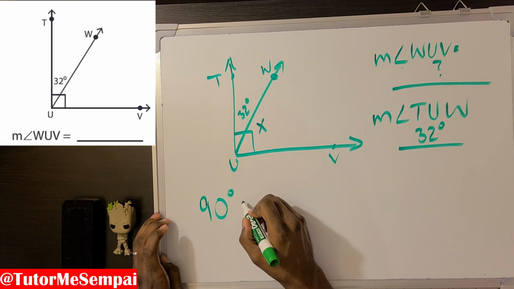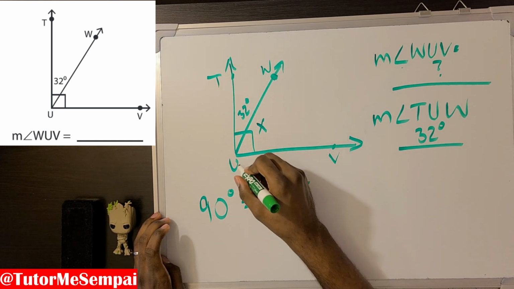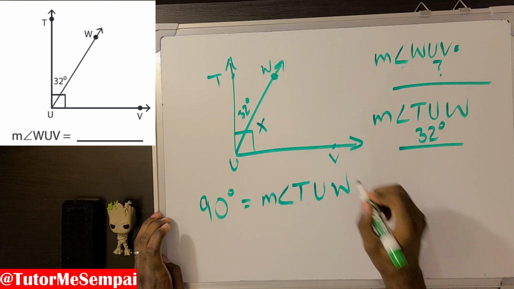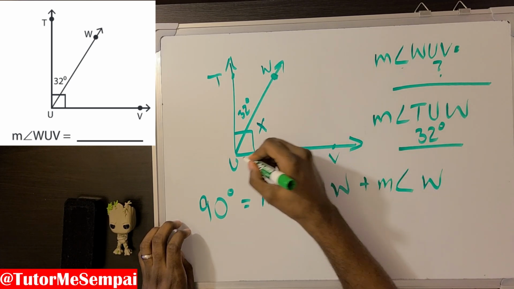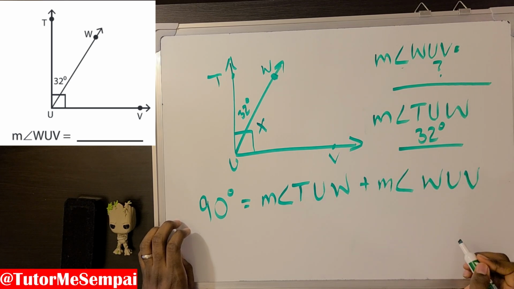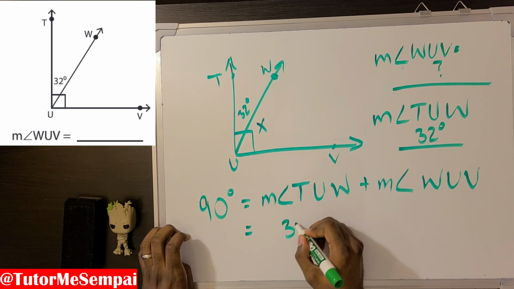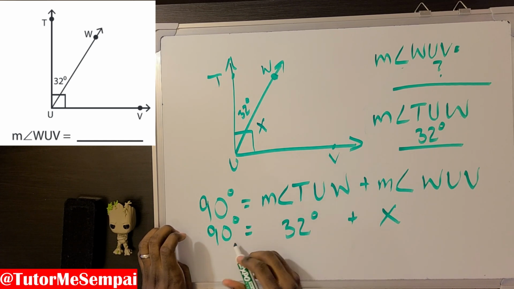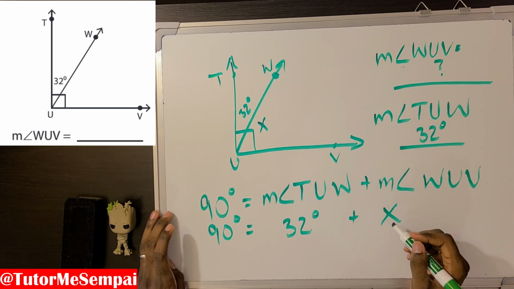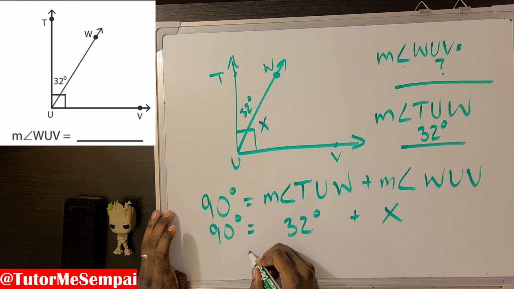90 degrees equals the measure of angle TUW plus the measure of angle WUV. Now we know what TUW is, so we're going to write 32 here, but we don't know what this is. We put an X here, so we'll just put an X here as well. So 90 degrees equals 32 degrees plus X. What X, when you add it to 32, gives us 90? Well, you can simply subtract 32 from both sides, and you get